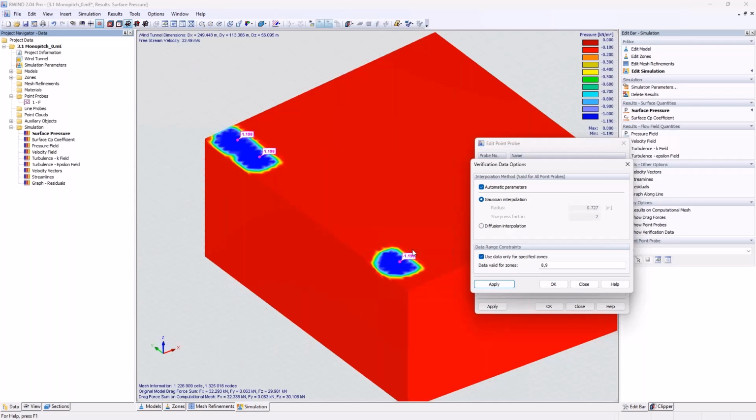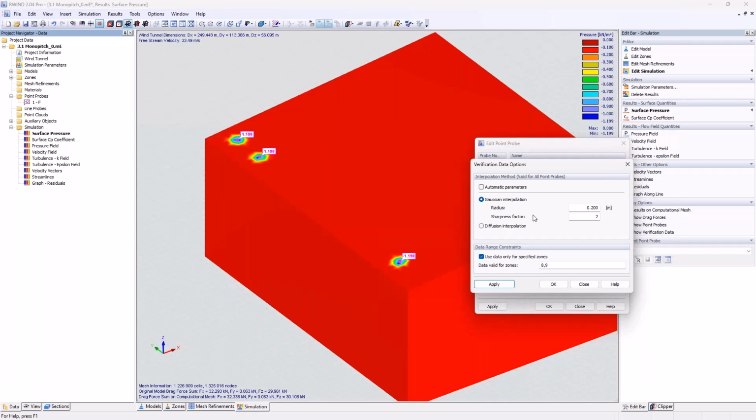So it's a radius around the dot of 7.3 centimeters. We could also uncheck the bottom and increase or decrease the area. So it depends on how many probes you would like to set. In a normal wind tunnel analysis, in reality, you have a certain number of probes over the height. Since this would most likely extend my webinar by several hours to introduce such a number of probes, we will